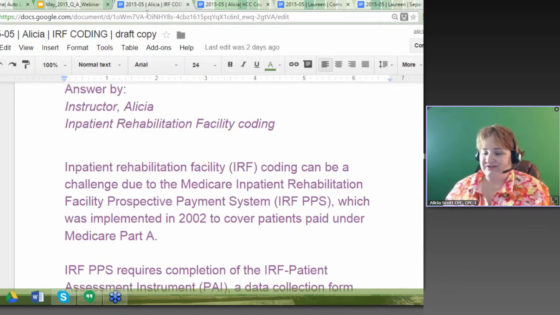It is a different ball game is what I'm trying to say. It can be a challenge due to Medicare Inpatient Rehabilitation Facility Prospective Payment Systems. Now, the acronym for that is IRF PPS. And this was implemented way back in 2002 to cover patients paid under Medicare Part A. What this IRF PPS requires is a